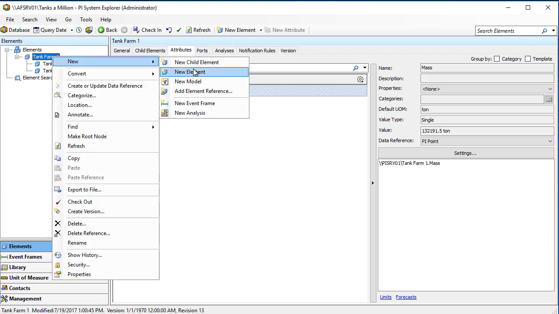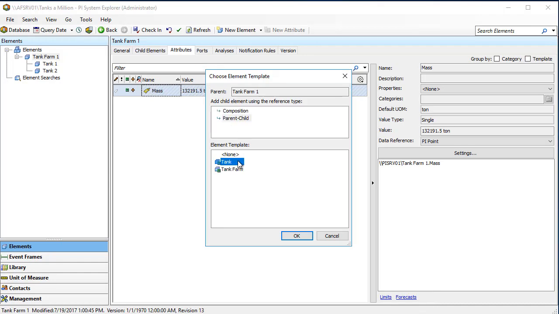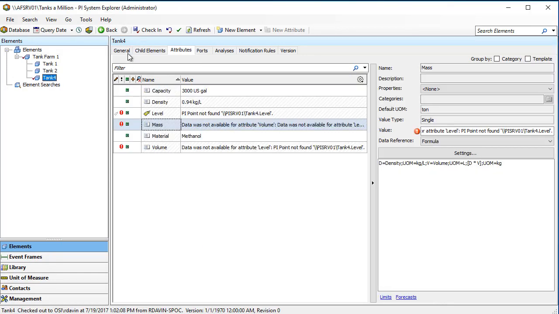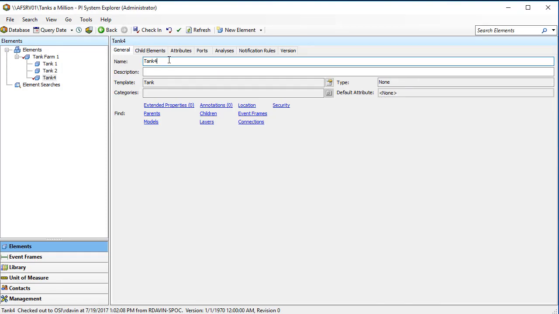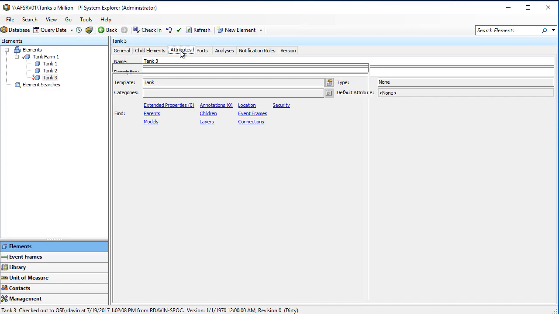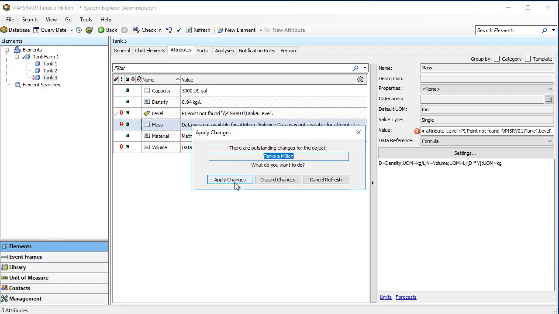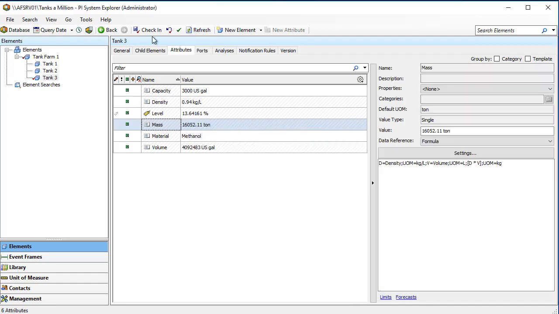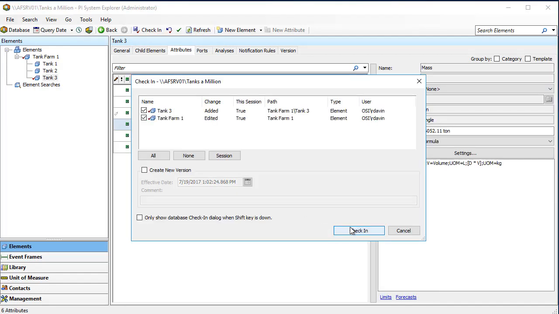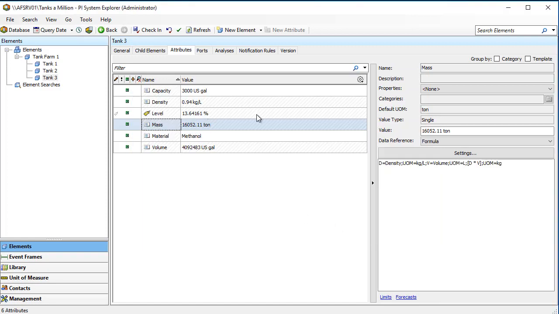We're going to add a new child element. It's going to be based on the tank template. And we've got to give it a name. We're going to do tank 3 as the name. And click refresh, apply changes, and we're seeing more data coming through. Now that's just for tank 3.